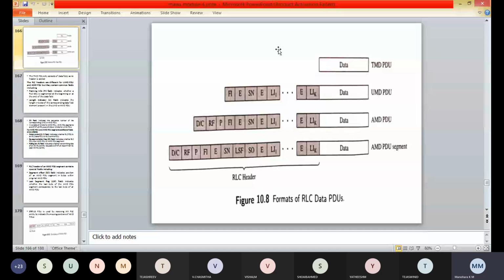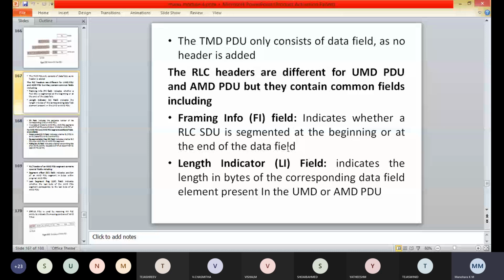The RLC headers are different for the UMD PDU and AMD PDU, but they contain common fields which include the formatting information, the FI field. The FI field indicates whether the RLC SDU is segmented at the beginning or at the end of the data field. This is the RLC header.